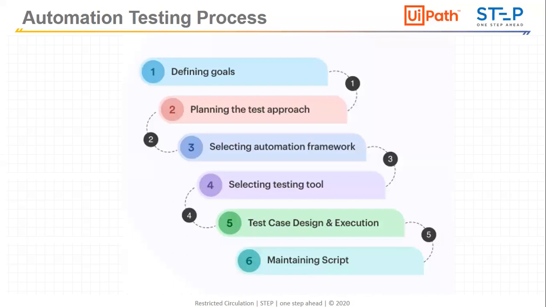Then planning and testing approach. When we define the goal, we need to see how we will go ahead with that goal, how we will move with the planning of that goal. And then only can we see the strategy for a particular application, or moving towards test automation for that particular application. Selecting the automation framework is the next step. We will see all these steps with a real-time example, so that you get a clear picture. Selecting the automation framework plays an important role in automation.